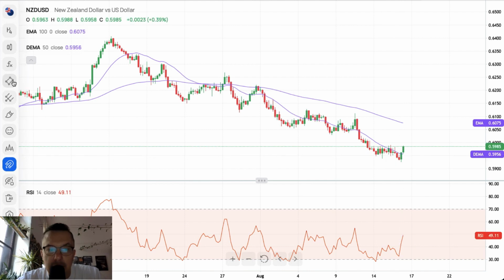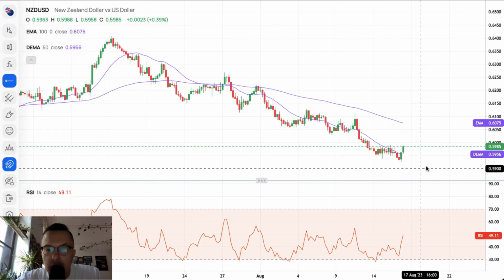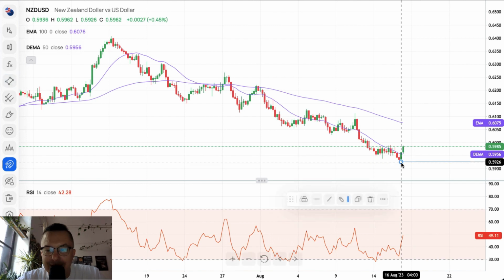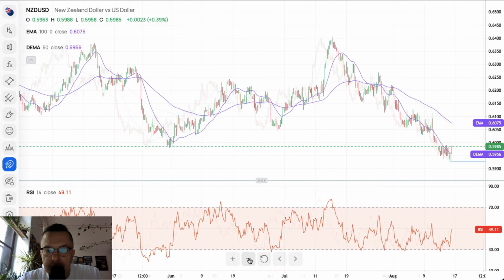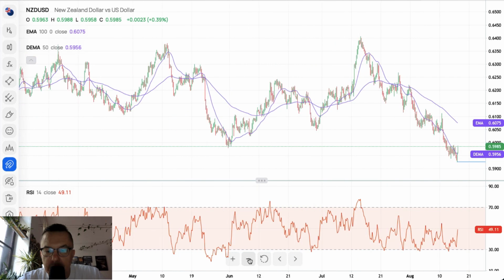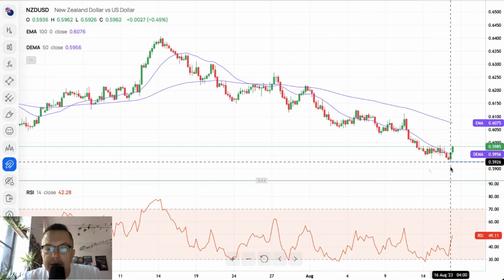We got the low at the level of 5,926. Let's just zoom out to see if this is some sort of an important level or not. Anything? No. So it looks like this might be the low of the year, and now the market is bouncing from